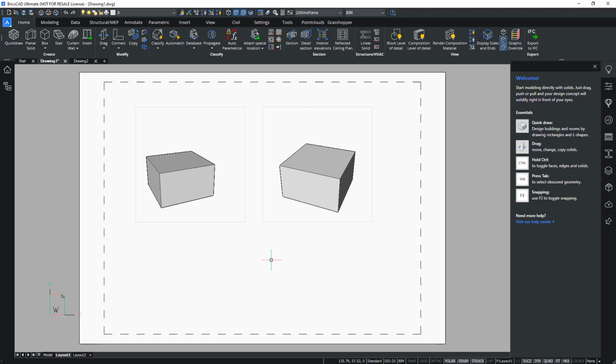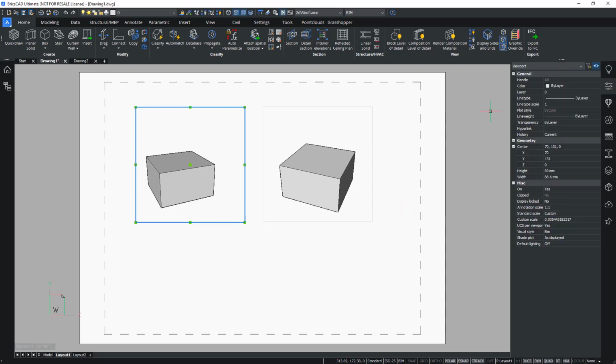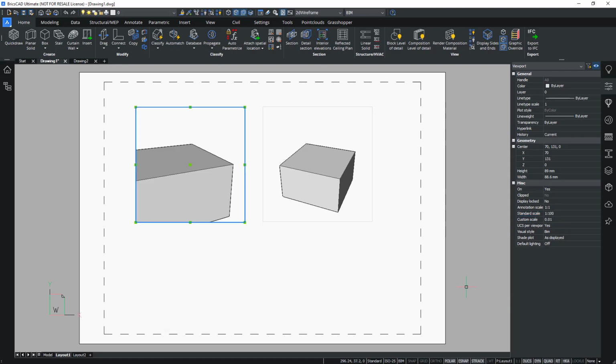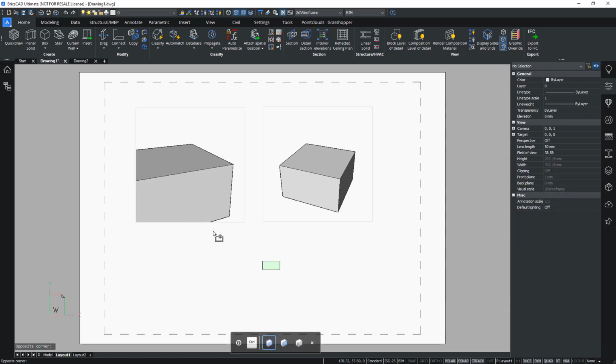So it's literally a virtual paper that we can see, and we are now in the paper space. Note that the viewport also has a scale. If you go to the properties panel, you will see that now it has a custom scale, but you can always change that scale through the scale list.